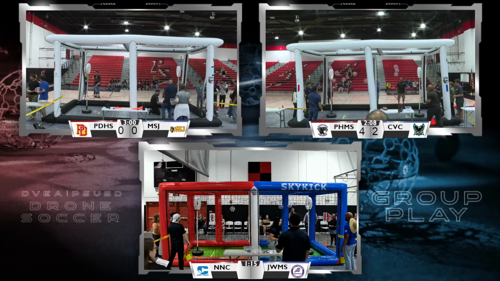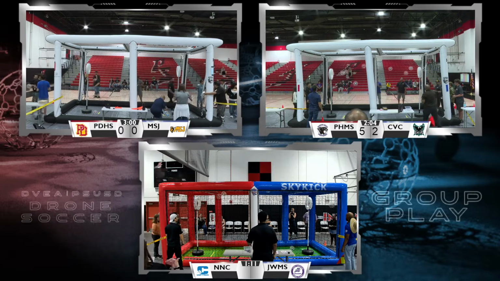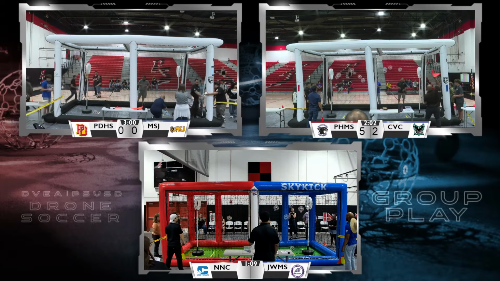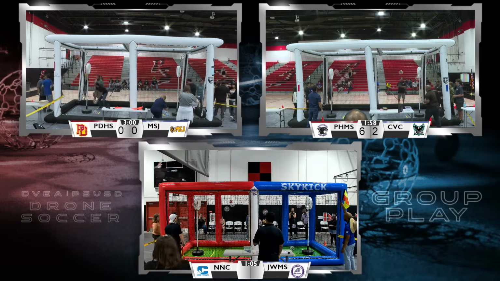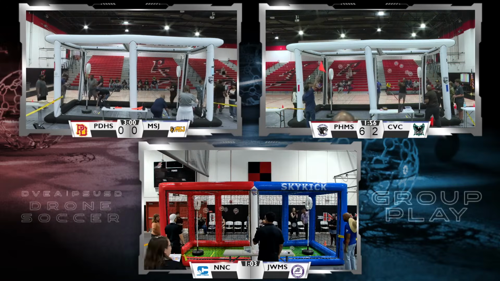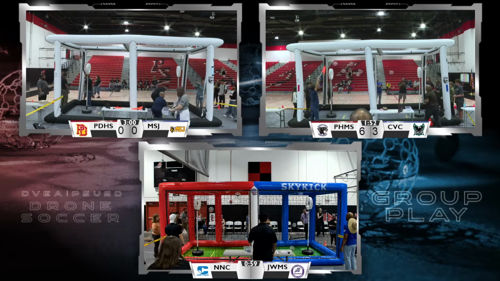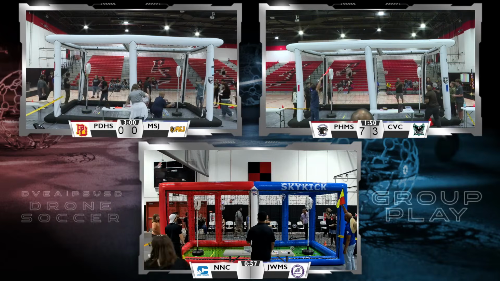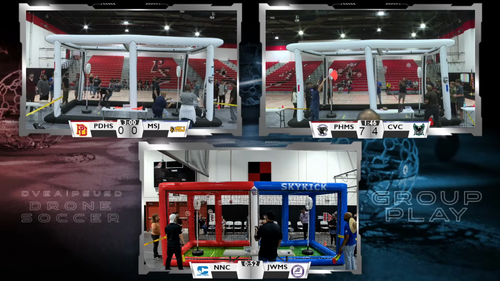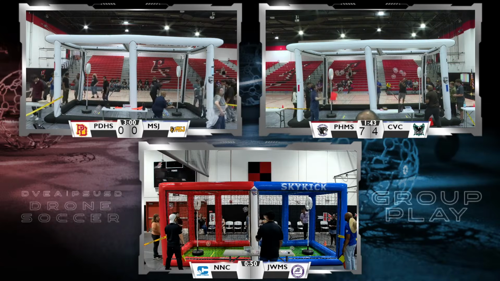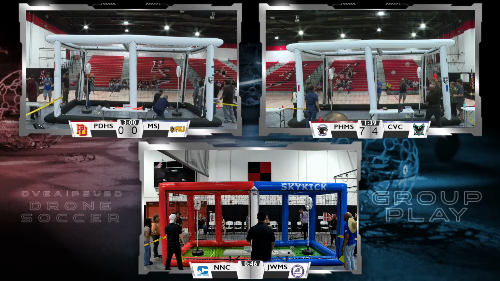So students are working on not only trying to navigate their drone around these defenders, they're also trying to score goals with their teammate in mind. And the coaches are the ones who are supporting teams and helping them to see that a goal has been scored and that both strikers and all the teammates need to retreat back across that center line in order to reset themselves.